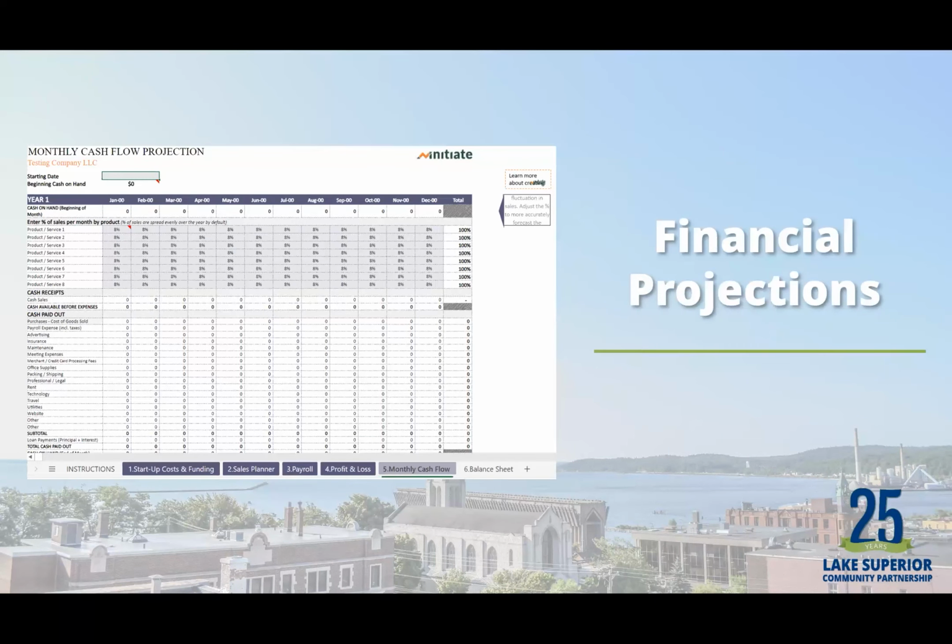And another amazing tool that the LSCP can assist with is financial projections. This tool shown here was provided through the partnership between Northern Initiatives and the Michigan Economic Development Corporation. This phenomenal tool came to life, and this entire spreadsheet can help create cash flow statements, balance sheets, profit and loss, payroll, and so much more.